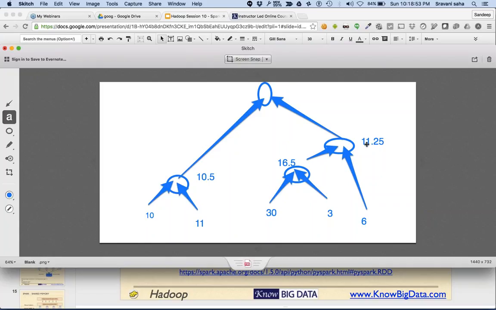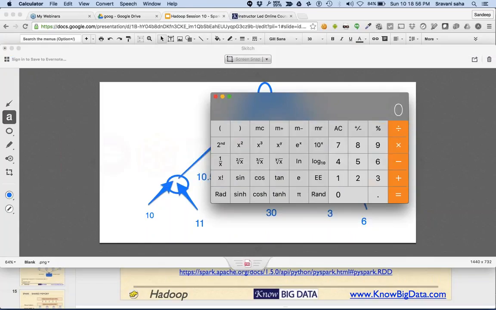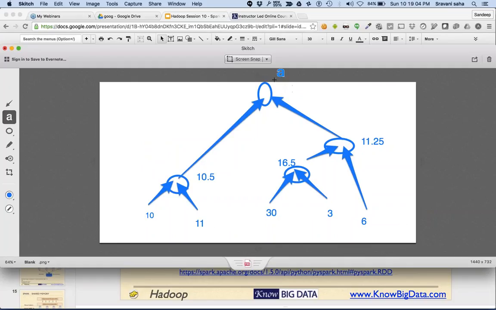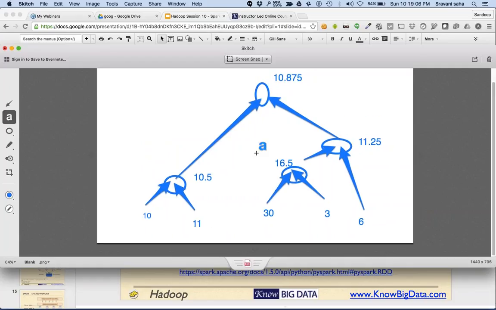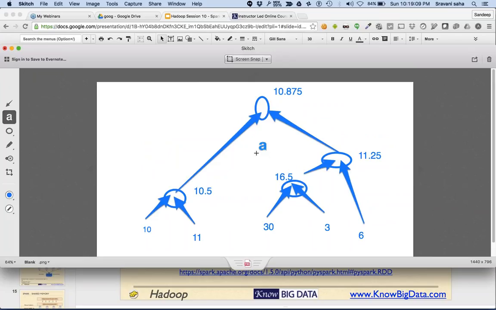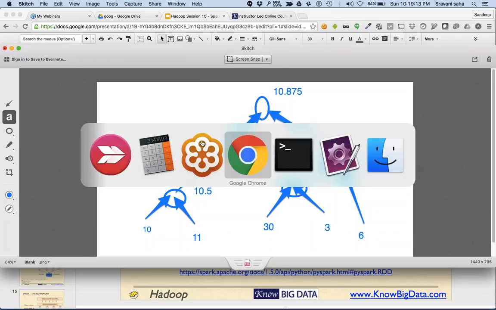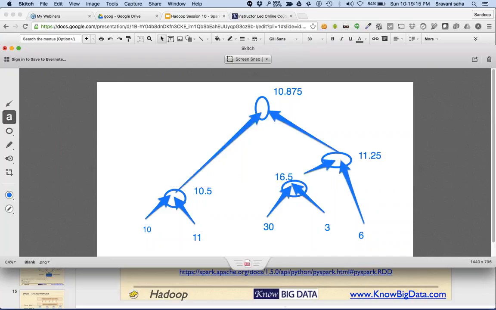And then 11.25 plus... So the overall value is 10.875, which is not correct because the value was supposed to be 12. Why?